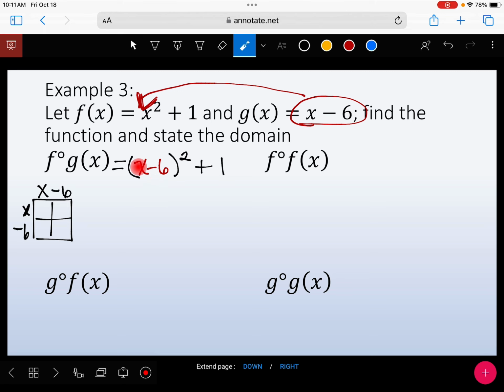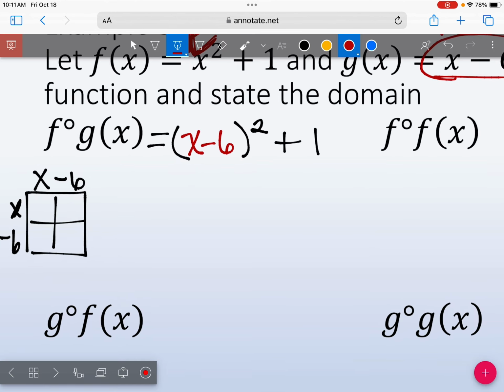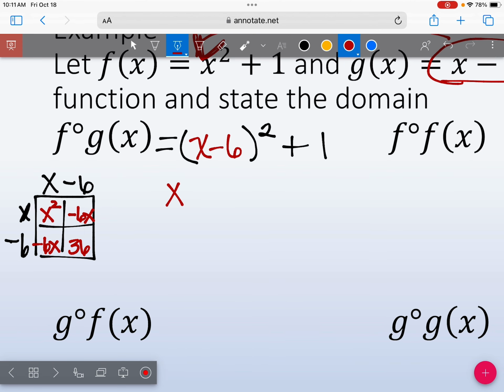When you fill in all 4 squares, which I'll give you a moment to do, you get x squared minus 12x